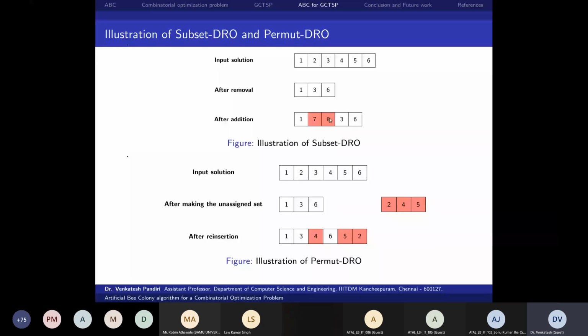At the same time, their positions are also changing here. Earlier, the 3 is in third position and the 6 is in 6th position, but now 3 is in 4th position and the 6 is in 5th position, and the set of facilities also changed to earlier. And here in this permutation DRO, what we will do, we will take the input solution same here, but we